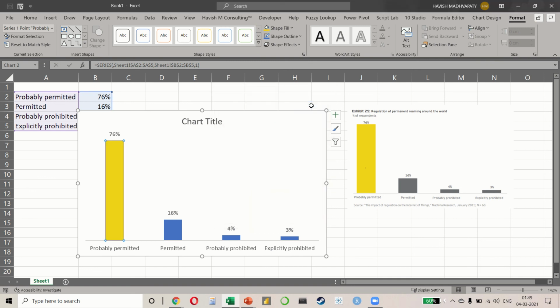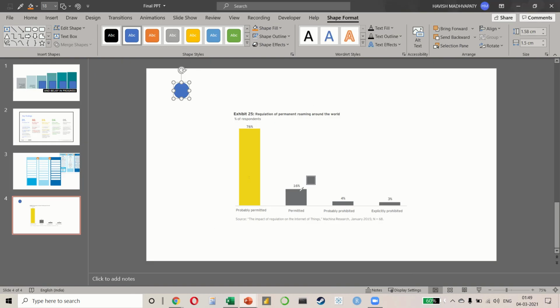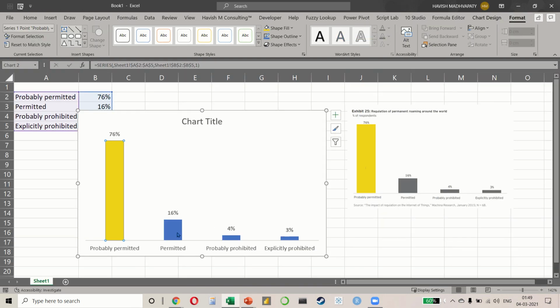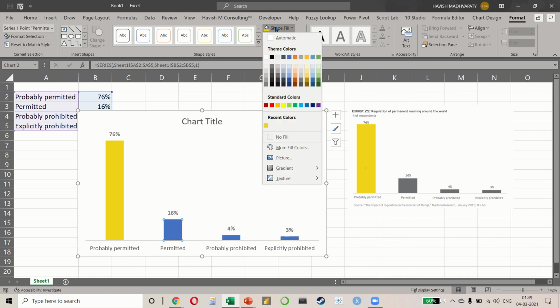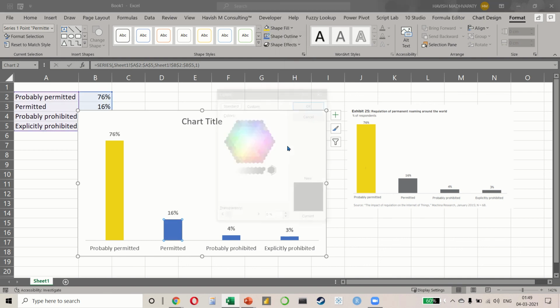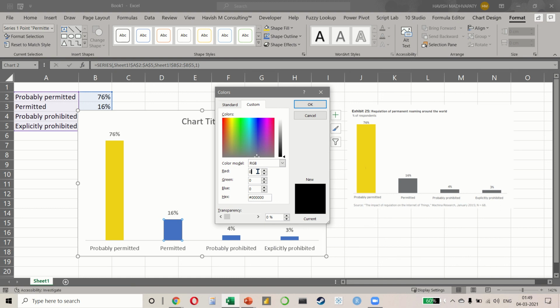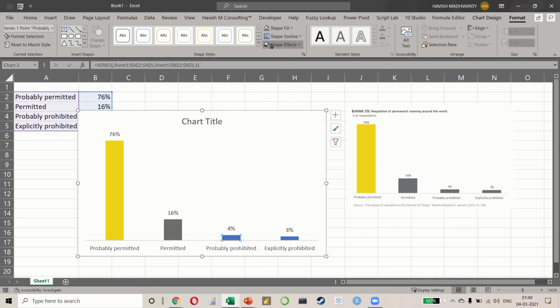Yes, okay. Once again, the gray is 109, 110, 113. Come back, select shape fill, more fill colors. Let's just keep the same for simplicity, 109, 109, 109. And let's do it quickly 2 more times. Just select the same color, and on the final one, select the same color.